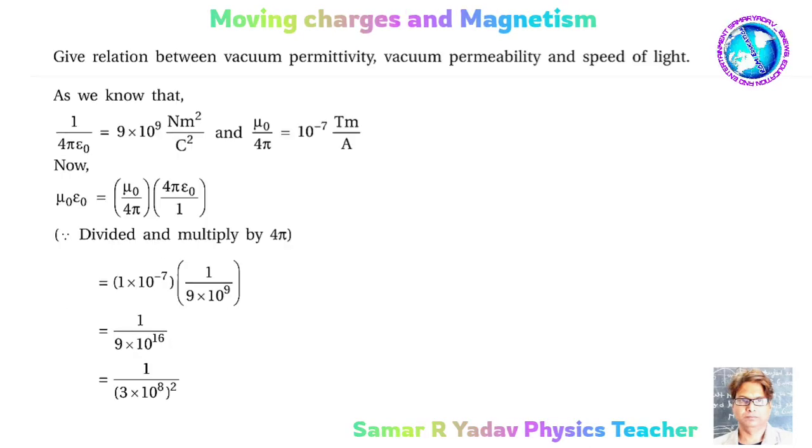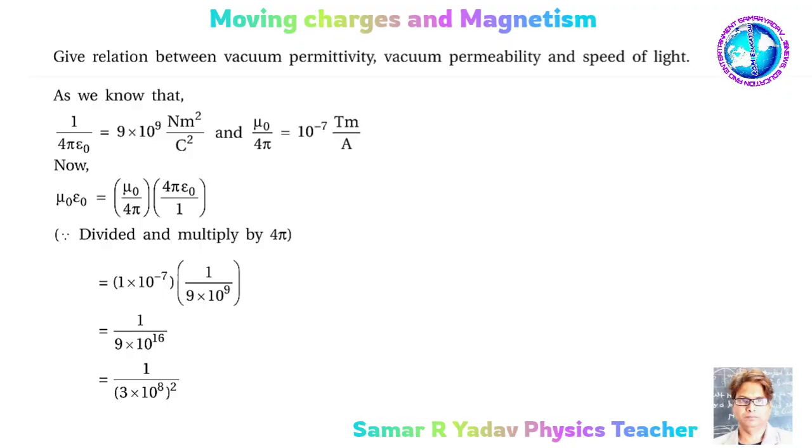Give relation between vacuum permittivity, vacuum permeability and speed of light. As we know, 1 upon 4 pi epsilon 0 is equal to 9 into 10 to the power 9 Newton meter square per Coulomb square, and mu0 upon 4 pi is equal to 10 to the power minus 7 Tesla meter per ampere. Now mu0 epsilon 0 is equal to mu0 upon 4 pi over 1 upon 4 pi epsilon 0,